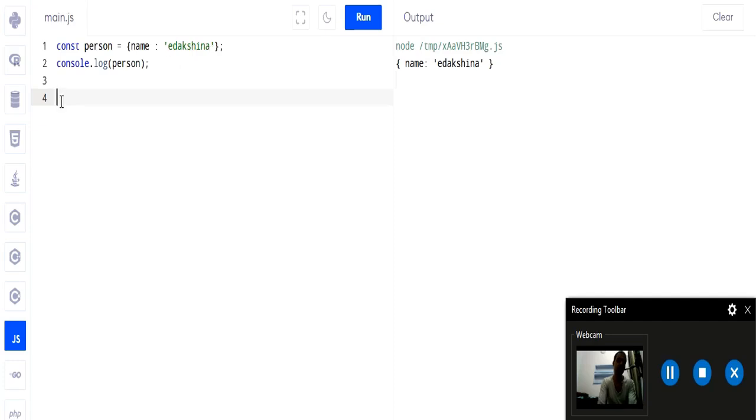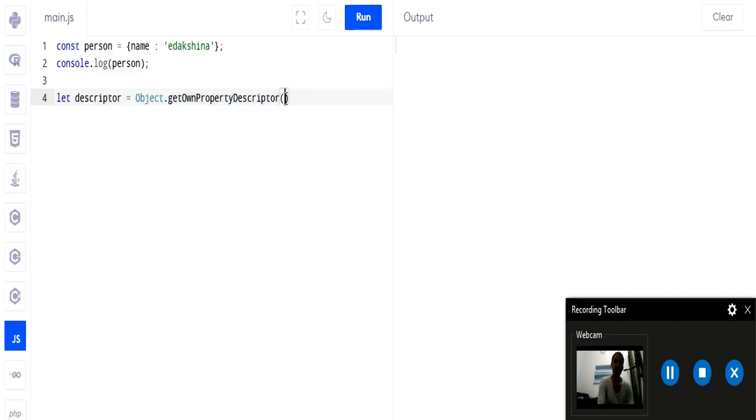So we will use the Object class. Let us take a variable which we call descriptor. Okay, and this is equal to, or we can say we assign it to, the Object class and its method getOwnPropertyDescriptor.